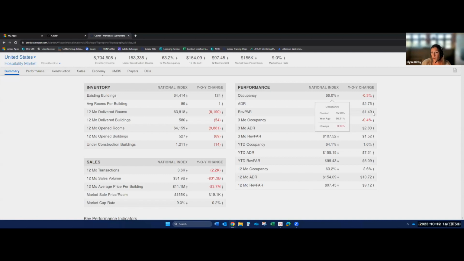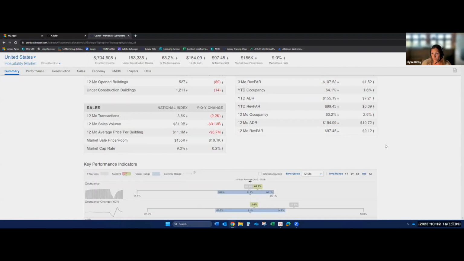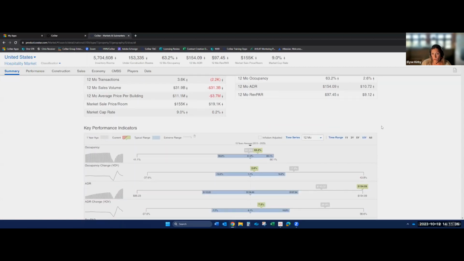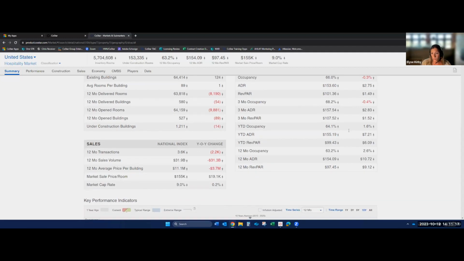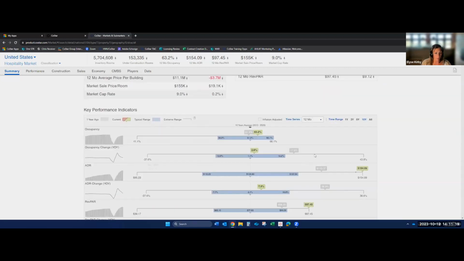In the most recent month and even running 3, we're starting to see that slight dip in occupancy caused by that demand decline. So there's a lot of data in here, and some things I'm going to scroll past a little quicker than others. But again, I think this top summary page helps us understand what's going on. Pipeline slowing, transactions are slowing, and that demand decline is affecting our occupancy, but ultimately still doing well for the